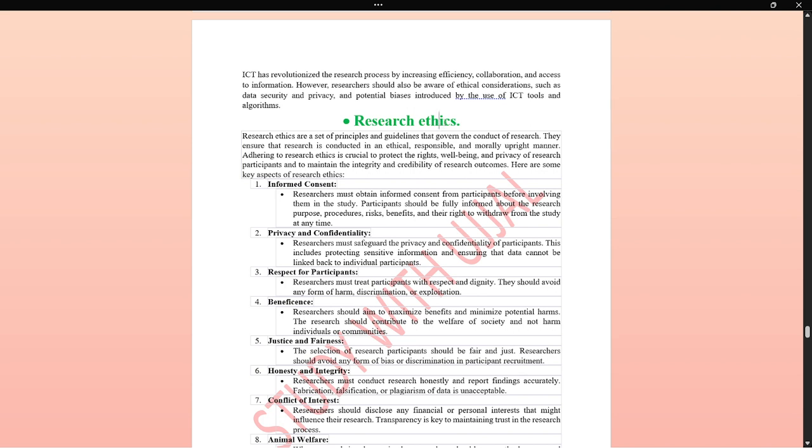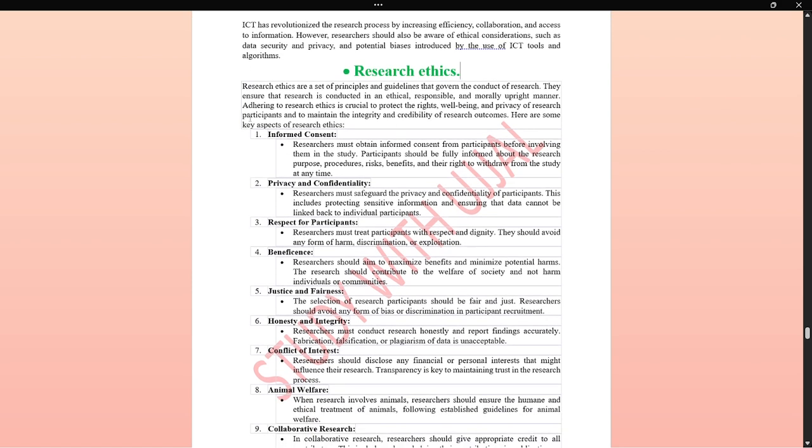For following research, we can consider only a 10% similarity index. If there is more similarity, it is considered plagiarism. So for conducting research, what aspects do you have to keep in mind? Informed consent. While you are going for data collection, you have to inform and take permission from the authority, from the person, or from the participants.